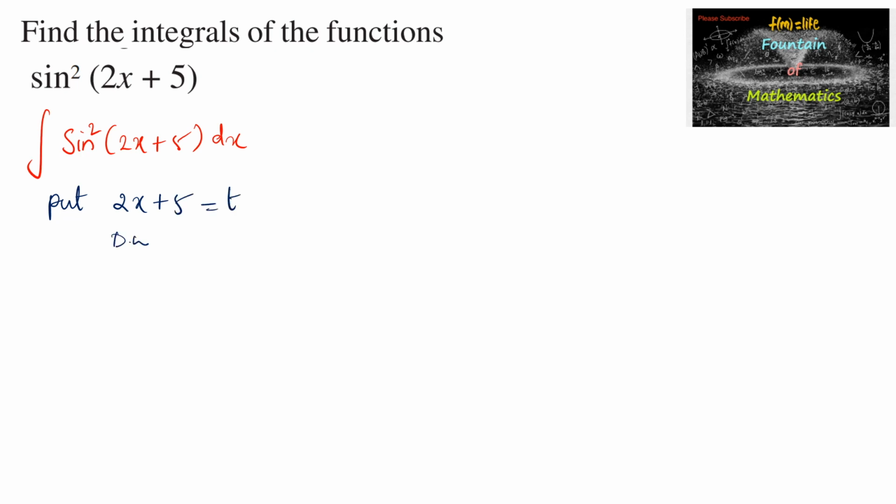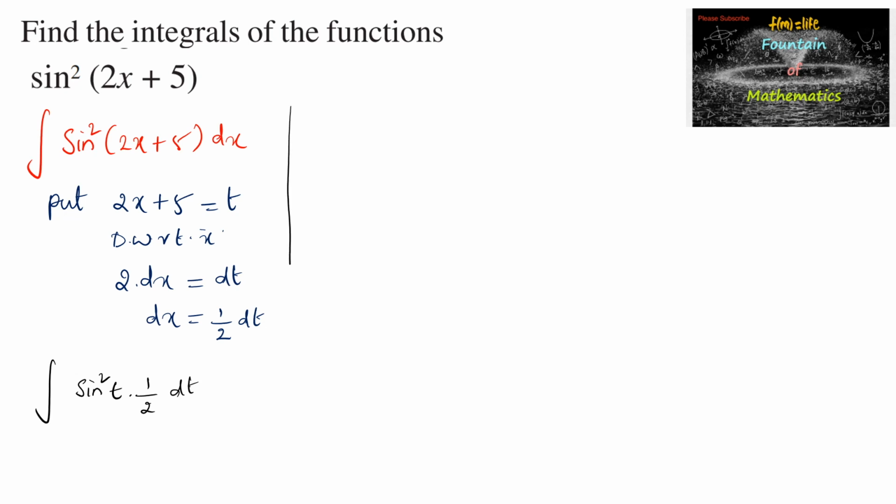So differentiating with respect to x, we have 2 dx is equal to dt, or dx is equal to 1 by 2 dt. So the integral can be taken as sine square t into dx, which is nothing but 1 by 2 dt. So we can write it as integral, and we know the property